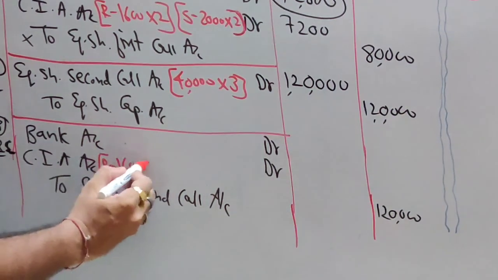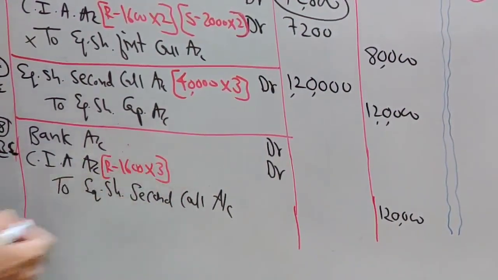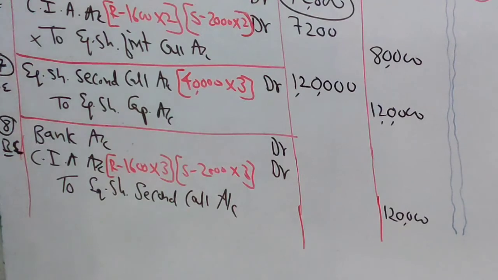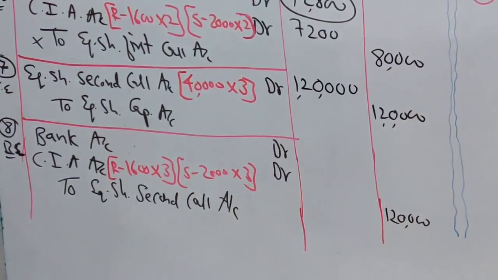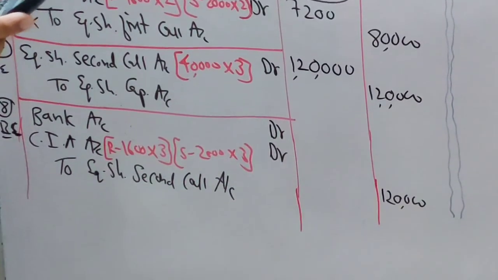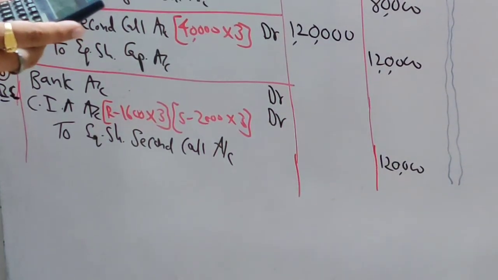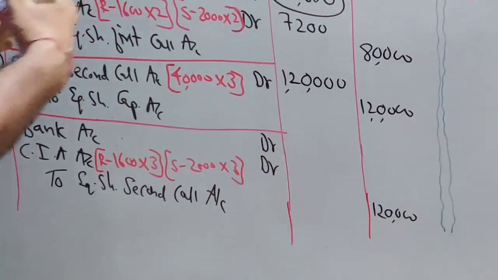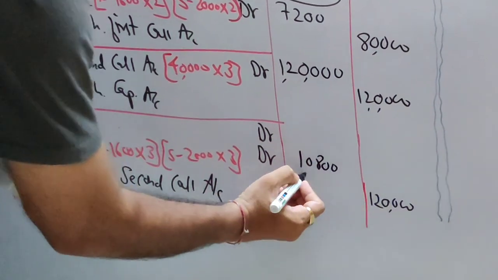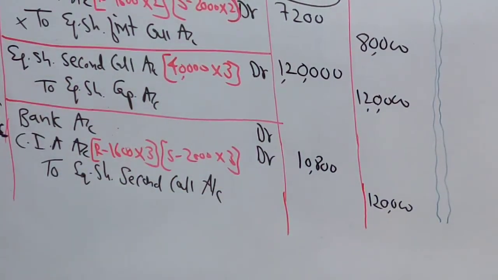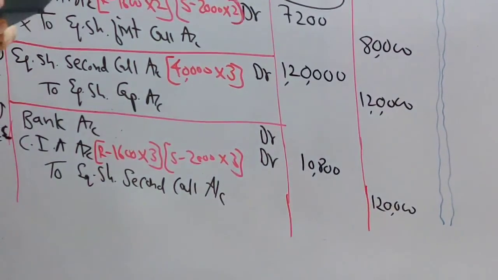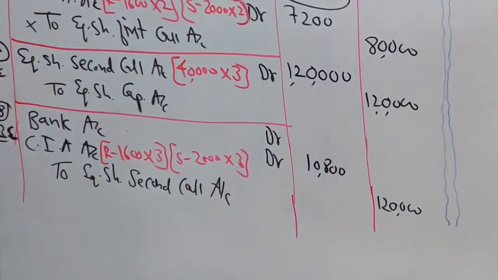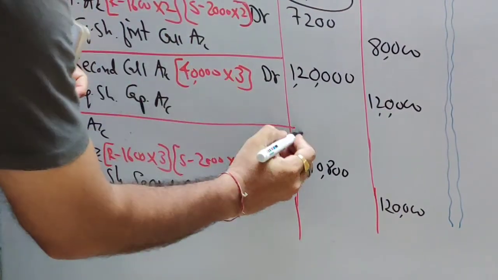Now let's do the working for arrear. Ramesh holding 1600 shares. We asked for 3 rupees. Suresh holding 2000 shares. We asked for 3 rupees. So what is the total arrear, students? Let's do the calculation. 1600 into 3, 4,800, plus 2 3s are 6,000. So that is 10,800. Total arrear is 10,800. Now from 1,20,000 you minus 10,800. So your answer is 1,09,200.